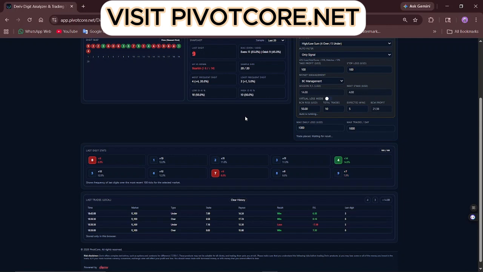As we watch these 10 trades play out, look at the response time. There's almost zero lag between the platform and the Deriv server. We've hit our first few wins, and even when a trade doesn't go our way, the system is already looking for the next setup. The beauty of PivotCore is the accessibility. You can access this from your